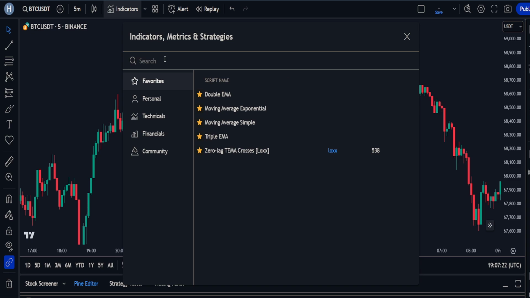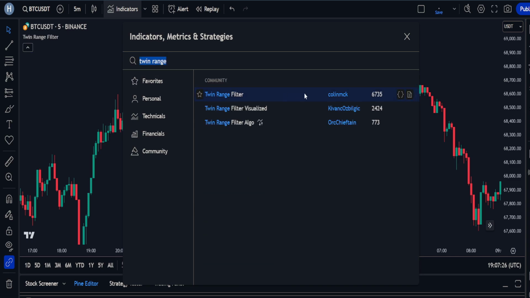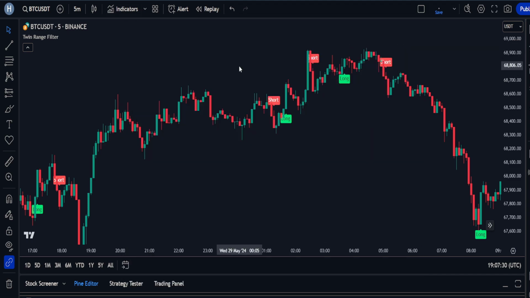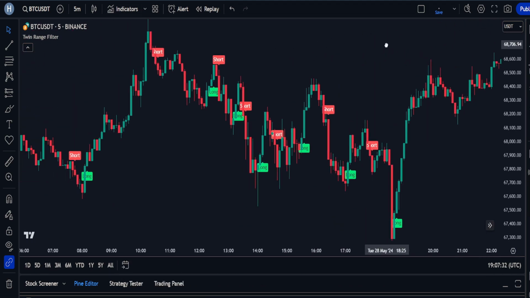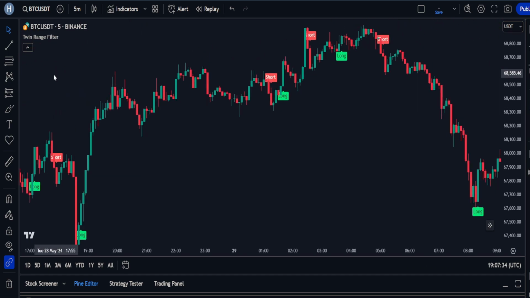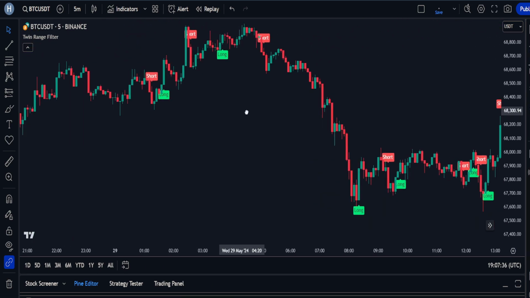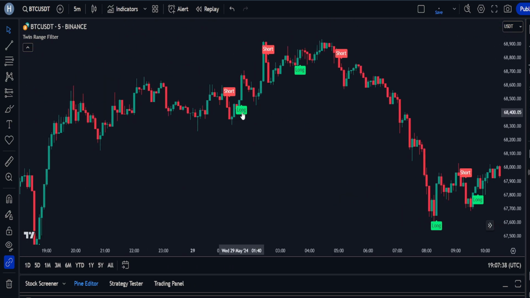In the Search tab, type Twin Range Filter. Select this one created by Colin MCK. The default settings for this indicator are perfect, so no need to change anything. This indicator will serve as our entry confirmation tool. It's very simple. When it gives a buy signal, this suggests that the market is gaining upward momentum, therefore we open a buy position. And when it gives a sell signal, this indicates a potential downward trend, so we open